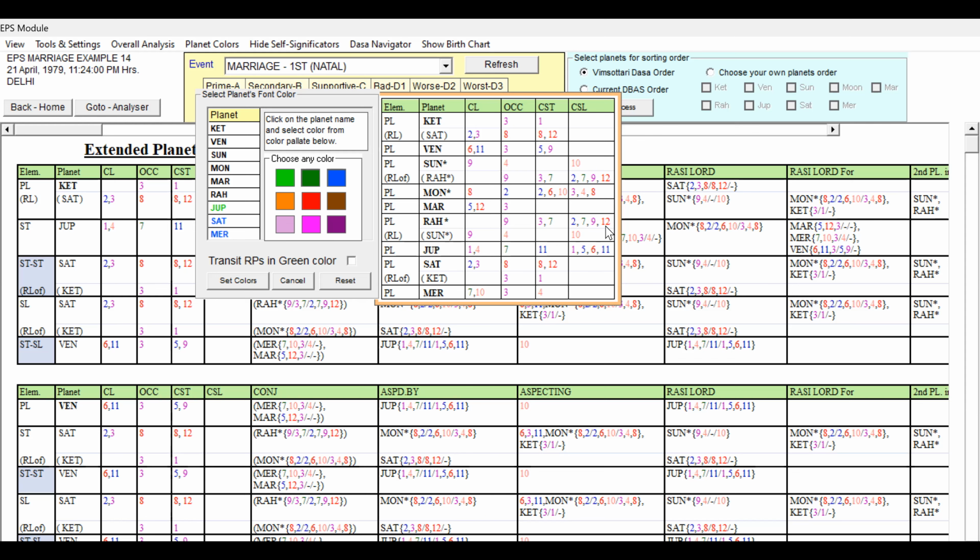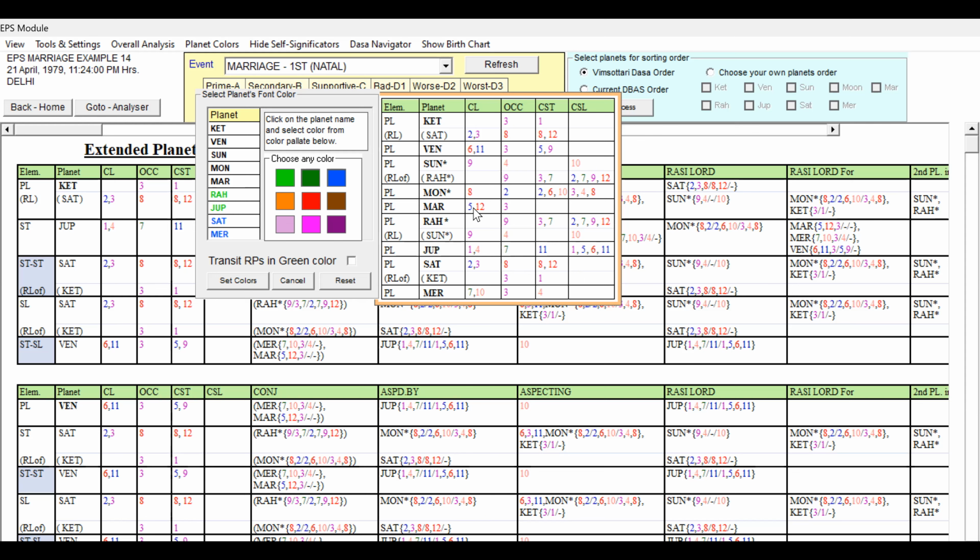9th occupant, very good house grouping. Just because of the 12th sublord, we cannot say it is bad, but 12 is not unfavorable even for the marriage prospect. It is also good only to some extent because it is talking about blood pressure. Blood pressure, it is supportive. But 7 moving towards this, all are good only because 2, 7, 9, 12, we cannot say unfavorable. So Rahu, we can give green. Okay, we can give dark green also because of this sun, and also the 12, I am giving light green.